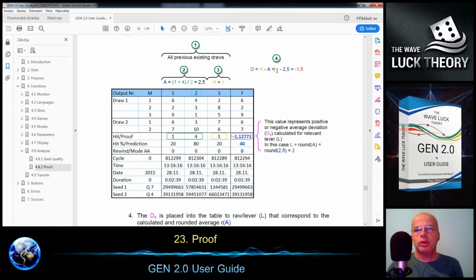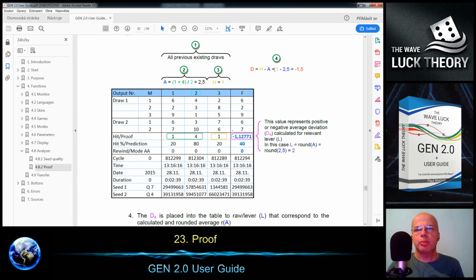Then, based on the deviations and according to the level that is based on the average, which I will explain later as well, we are calculating the average deviation. If the computation is enabled, this average deviation is printed into the output box of the result.